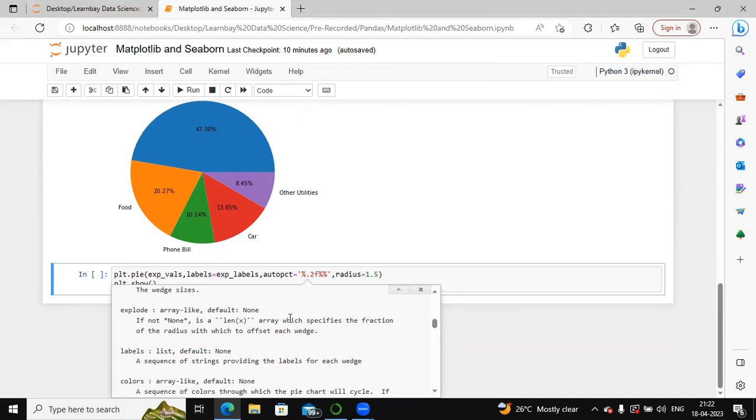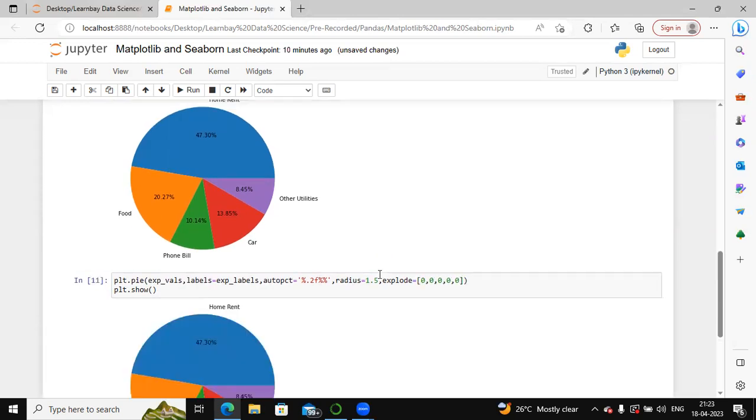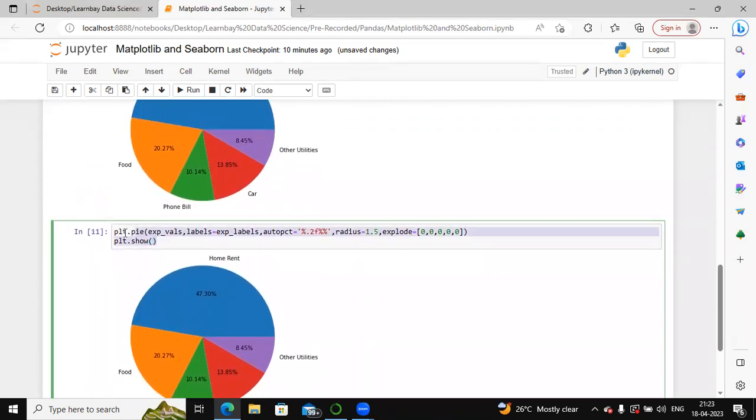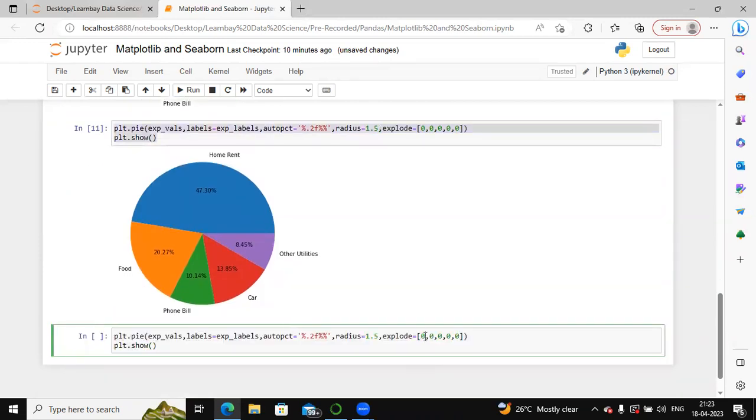So let me say I want zero offset for now. Initially the explode values are 0, 0, 0, 0. Explode is a list, so since we have 1, 2, 3, 4, 5 variables, we have to take 5 values inside. So now the offset is 0. Let me do some offset. Let me perform some offset of 0.04